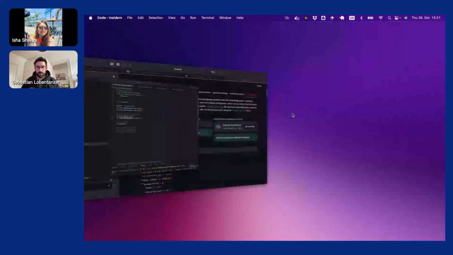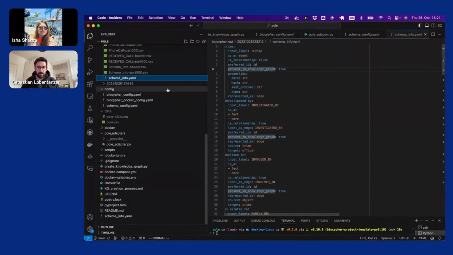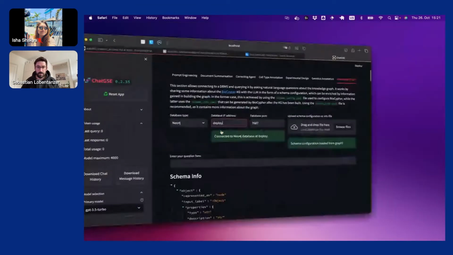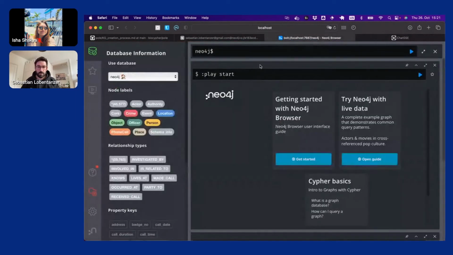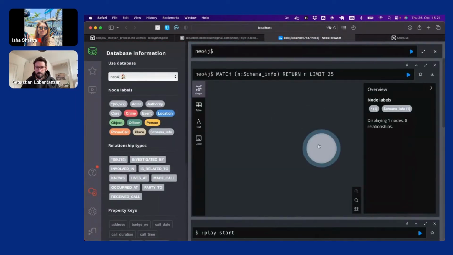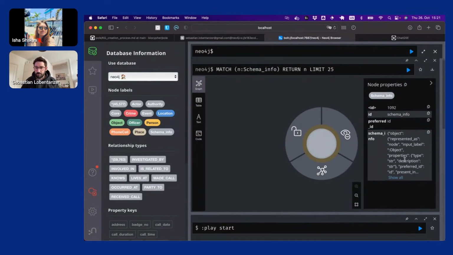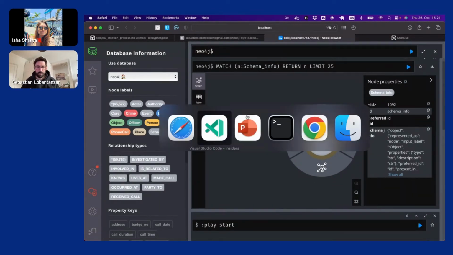Otherwise, you would be able to give this schema info YAML file to the front end here via upload, but we don't need to do that because it's already loaded from the graph. It's this node here, which has basically all of this YAML file in a property.